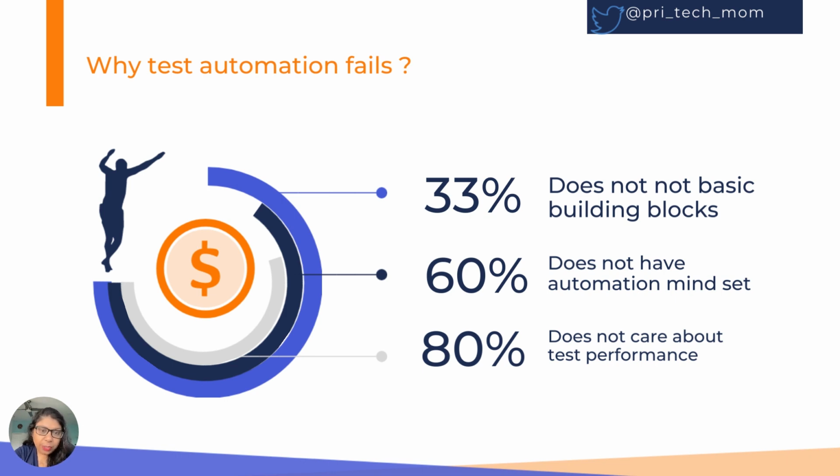60% do not have an automation mindset. Again, when we come from creating great detailed test cases and going through a lot of manual testing, which is like step and validation, it's hard for us to know the design, right? How are you going to isolate the test, how are you going to have one intent? So 60% of them fail in that, and 80% do not care about test performance. What I mean by that is their tests are super lengthy, super fragile, they do not perform, and they're not reliable at all, right? So these are the key points why automation fails.